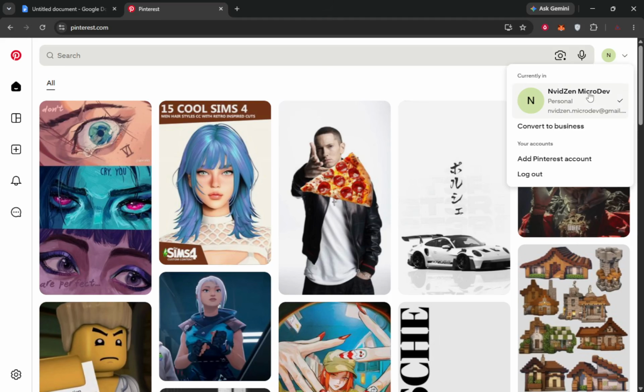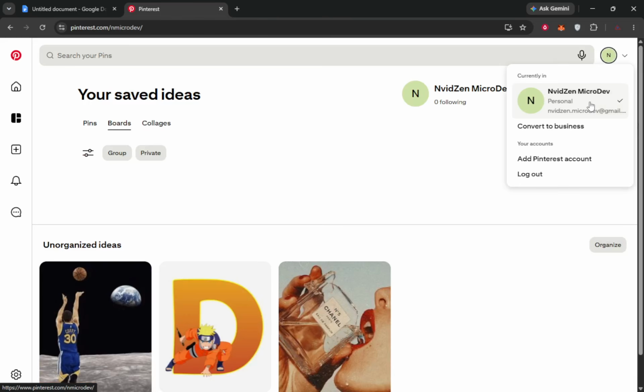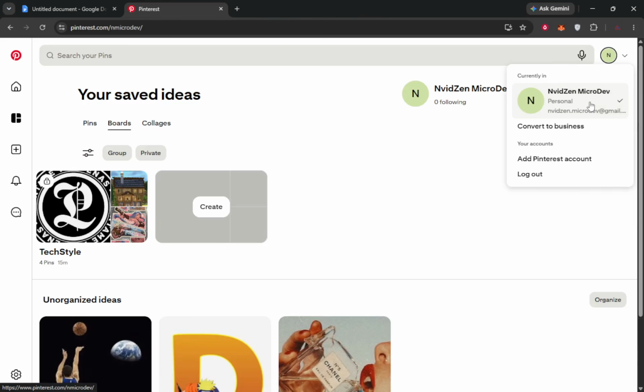Once that is done, go to your profile. On mobile, this is the profile icon at the bottom. On a computer, it is at the top. When you open your profile, you will see your boards, your saved pins, and your name and picture. A quick tip here, beginners sometimes stay on the home feed and cannot find account options, but most account tools live on this profile screen.